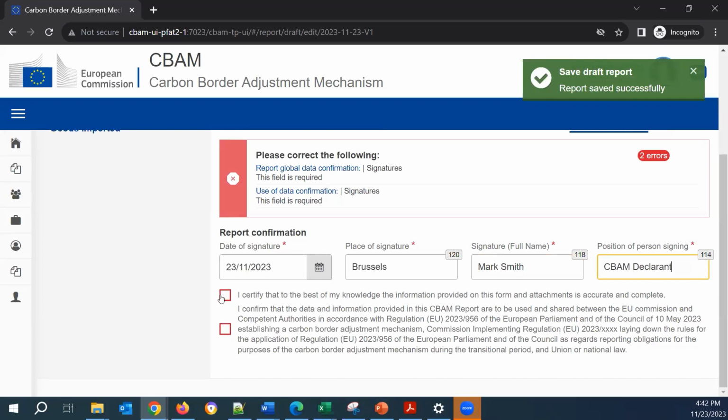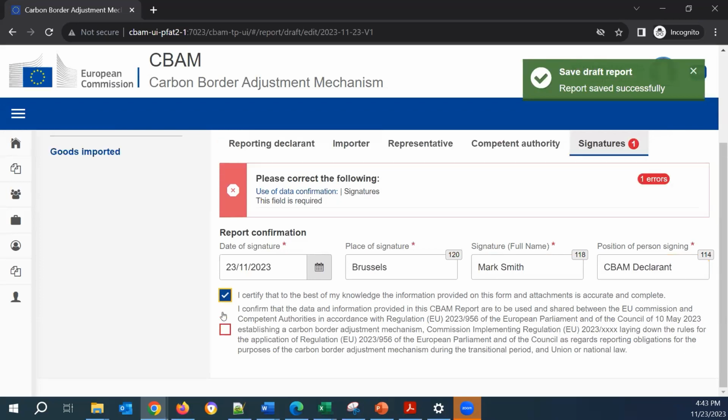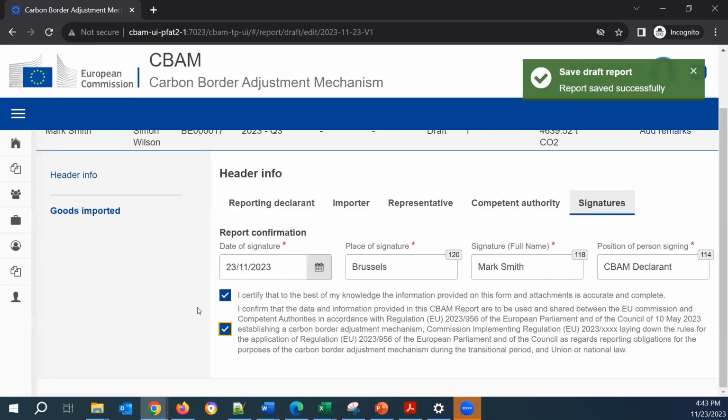I need also to certify that the information provided to my best knowledge is accurate and complete. And I confirm that I accept that the information provided here will be used by the Commission and the national competent authorities based on the regulation.